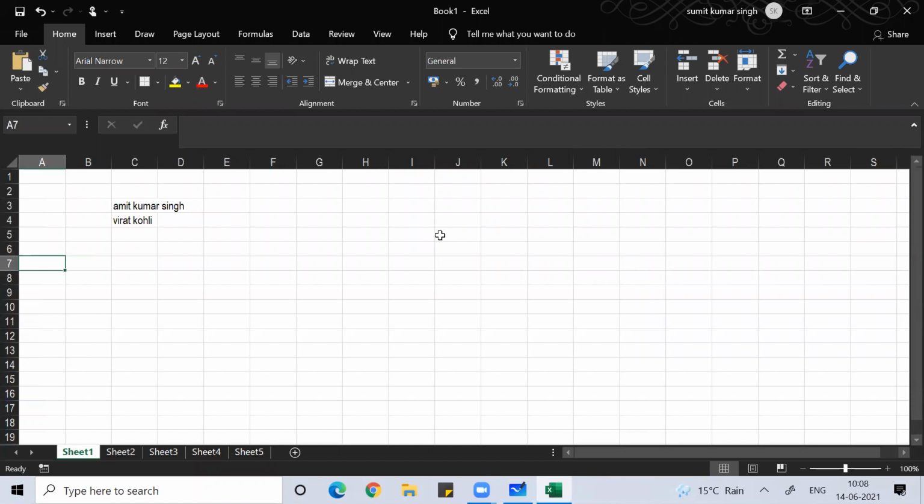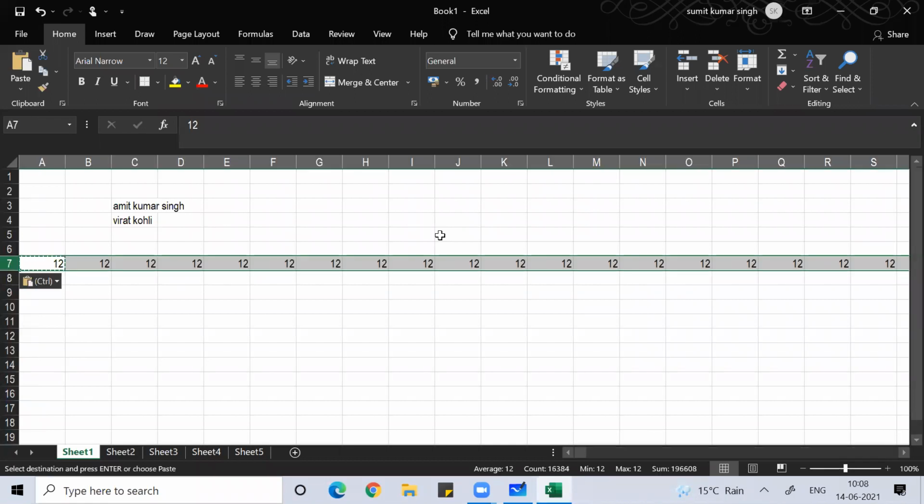If I want to count the number of columns, I simply write anything in column A, copy that with Control C, select with Control Shift Right Arrow, and paste with Control V. If I do it like this, I can see at the count a value of 16,384. That will give me the total number of columns in the Excel worksheet.